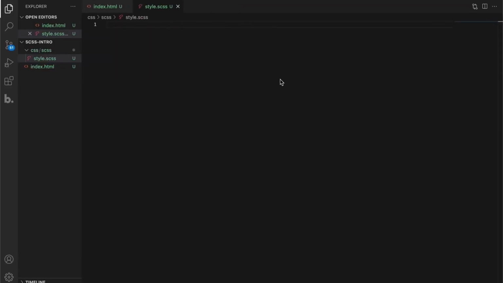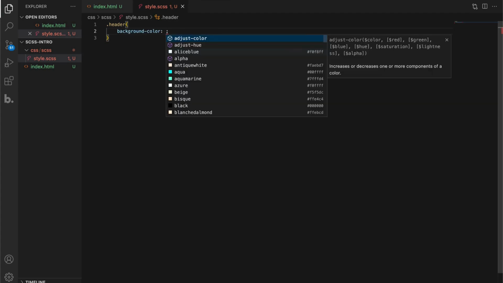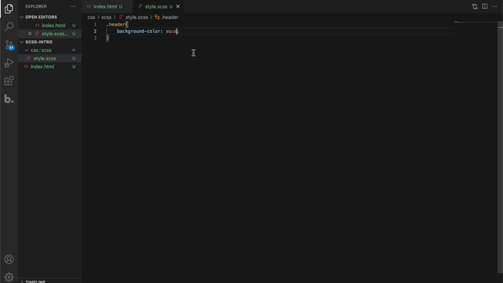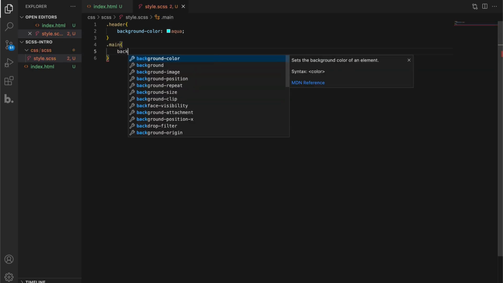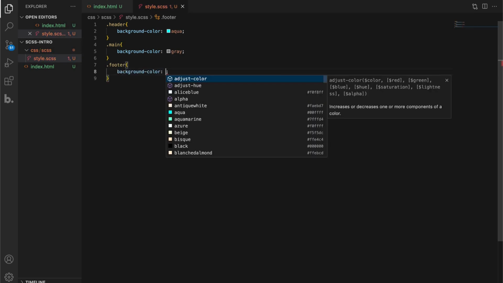As I said earlier, all CSS is still valid as SCSS. So let's give our header class background of aqua color and main background of gray, and the footer background of